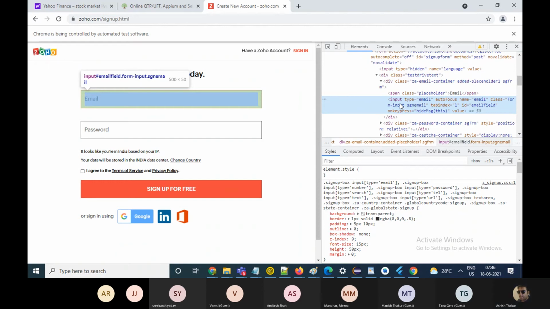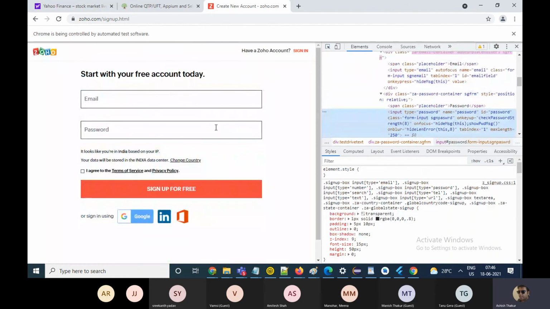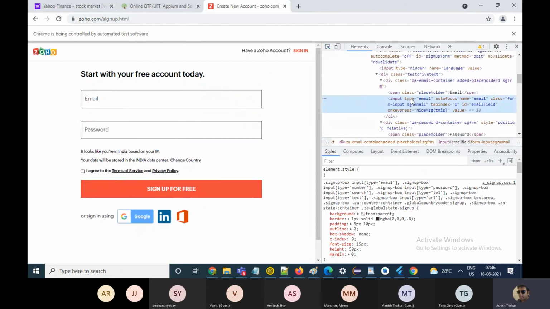And this is the password field, which is again an input tag. So the tag can contain many attributes, like type, autofocus, name, class, tab index, ID. With the help of these tag names and the attributes, we identify the elements.